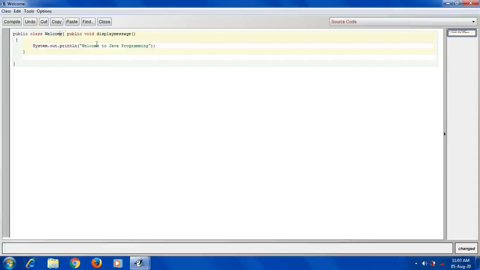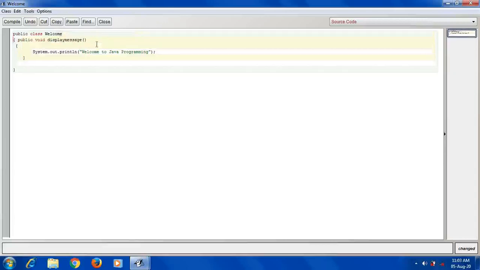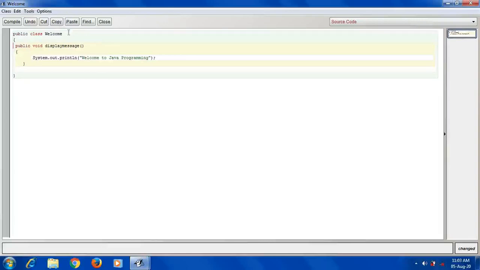So this is not the end of a sentence, it is the beginning of the class, and here it is the beginning of the method. So that's why there is no semicolon here and here, but here this is the end of the sentence, means we only want to print this Welcome to Java programming, over, okay. That is the end. So it is the end of the sentence, so that's why the semicolon is given.